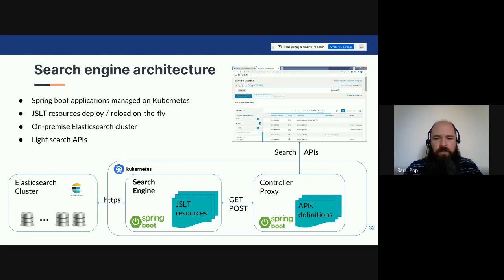So very easy to deploy and to spin up new instances. The Elasticsearch cluster interacts over HTTPS with the Kubernetes cluster. It's an on-premise Elasticsearch cluster, and the search APIs are very simple and light APIs to communicate with the search engine. We have also a controller proxy where we load the overall definitions of the APIs.